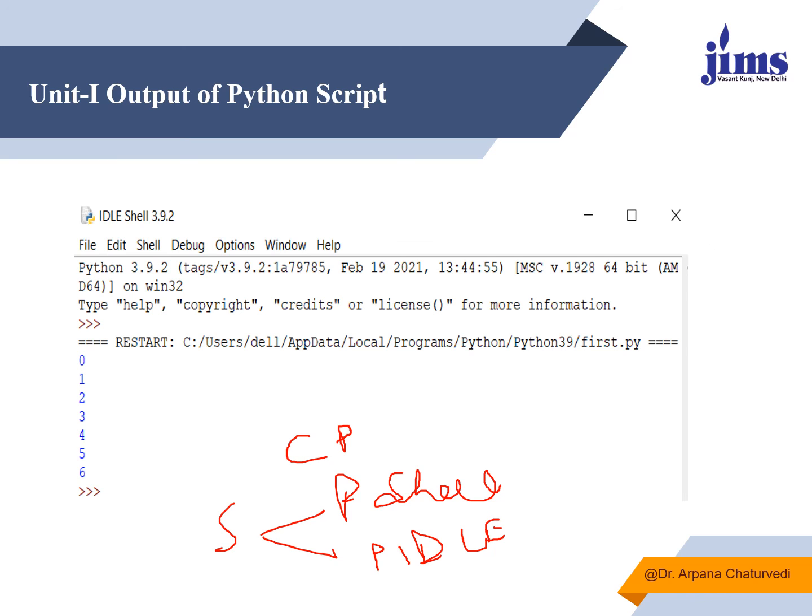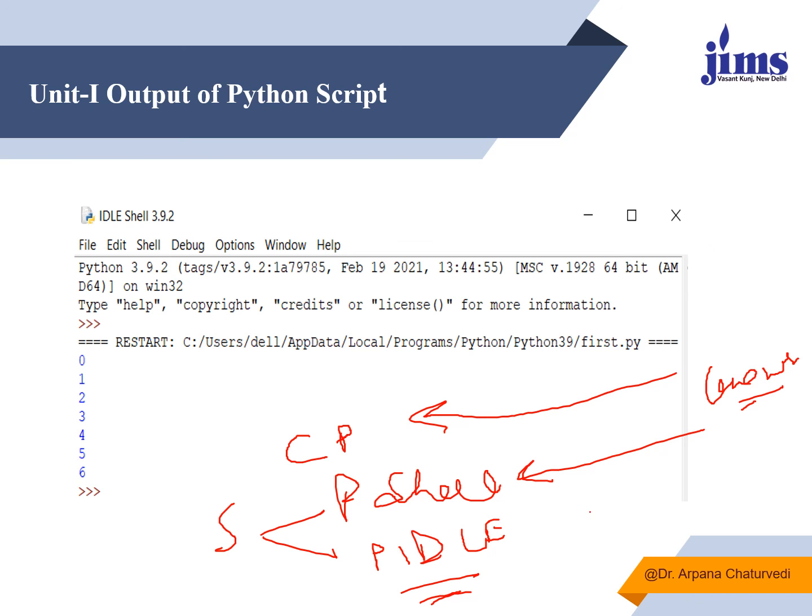As Python is an interpreted language, whatever command you write, either in the command prompt or the shell, it will execute line by line. If you want to write a number of statements together, refer to them in future, and execute all of them together, I suggest you go to Python IDLE.